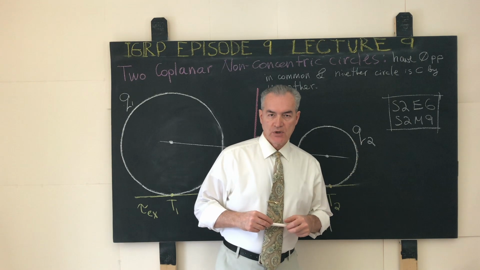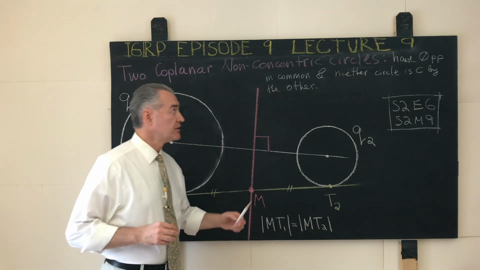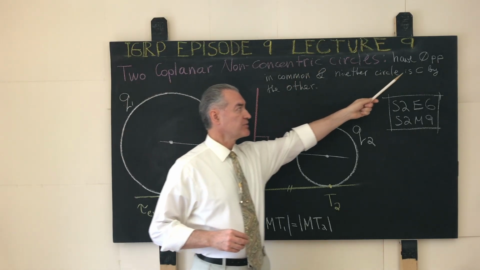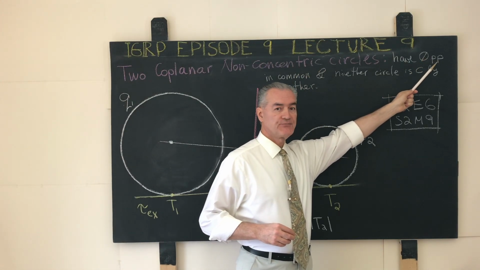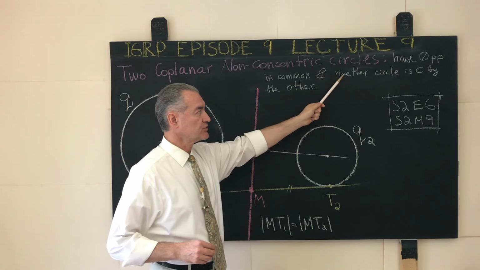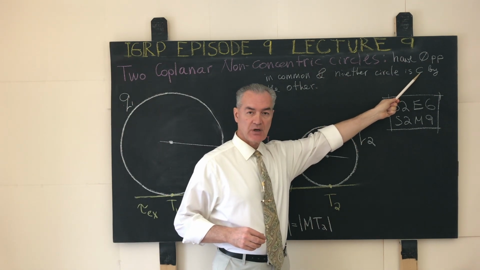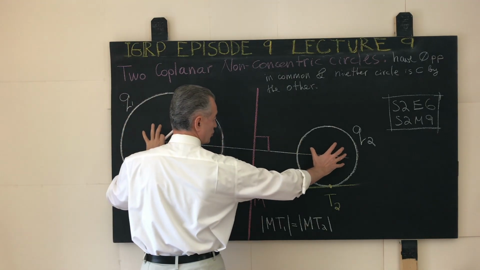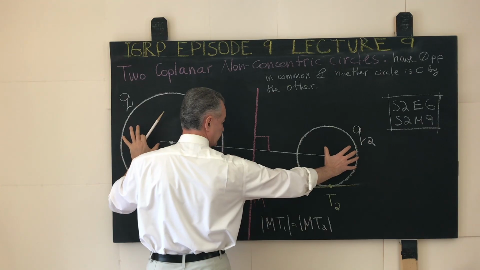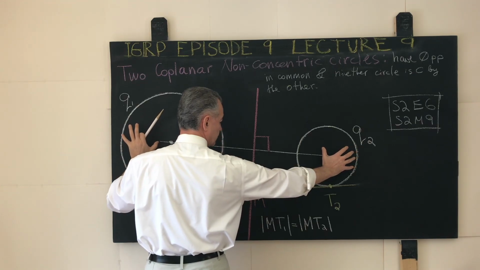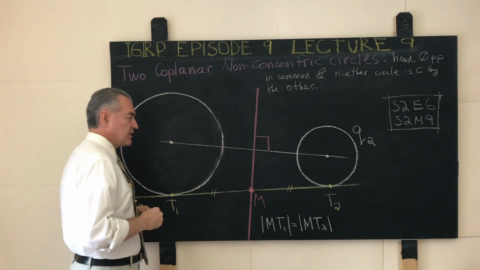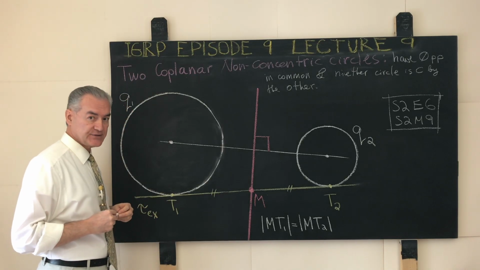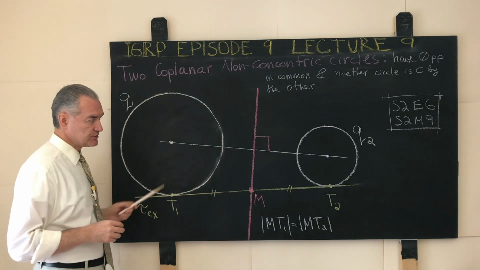In the third case, when any two coplanar and non-concentric circles have precisely 0 points in common and neither circle is contained by the other, that means that in the parent plane the two circles are completely separate with respect one to the other, and in this case the exact location of the radical axis of such two circles can